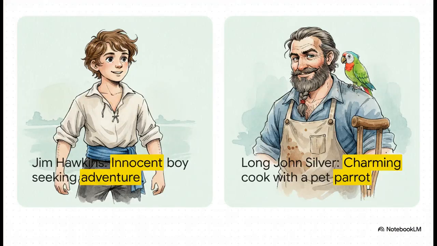And this sets up the absolute core dynamic of the whole story. On one side, we've got young Jim Hawkins. He's this innocent cabin boy, just thrilled to be on a grand adventure. On the other side, we have Long John Silver, the ship's cook, complete with a pet parrot named Captain Flint on his shoulder. Silver seems incredibly capable and, honestly, deeply loyal. He tells Jim these great stories, treats him with total kindness, and this complex, almost father-son dynamic really starts to form between them. Jim genuinely grows to admire the guy.